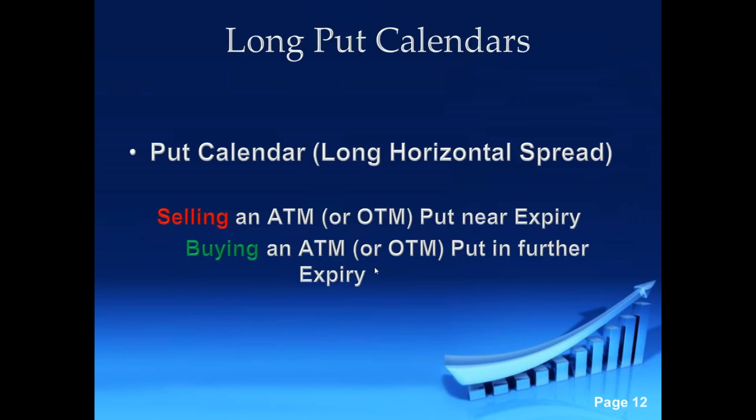If we go too far out, our probabilities start diminishing quickly. So I want the probability of the one that I'm buying to be pretty high that it's going to be in the money, right? I want the one that I'm buying to go into the money, but not necessarily the one I'm selling. So we get just a little bit out of the money and try to get clear of that for at least the next couple of weeks for the most part.